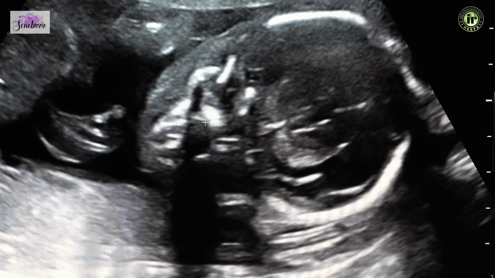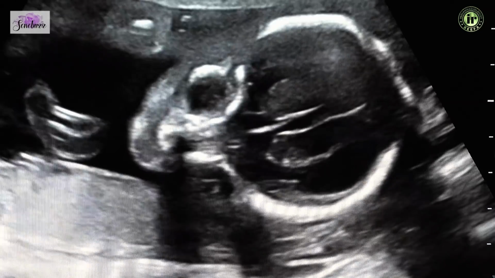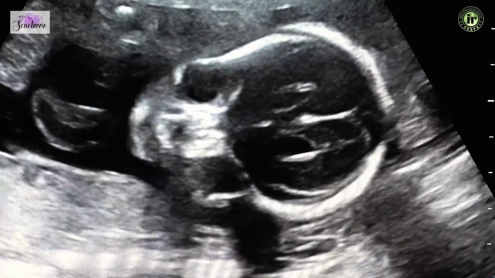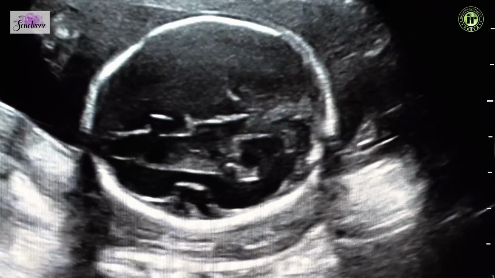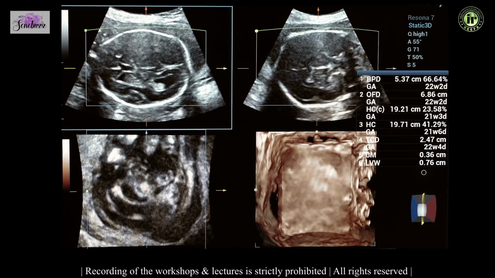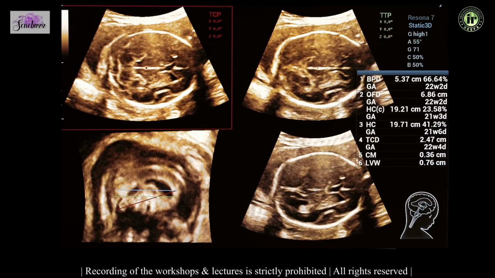So a sagittal section may not always be possible, but at least a coronal section you always get, and this is a coronal section where the CSP is seen very well. Since we are using the Mindray Resona system, if you take a 3D sweep, they have a very nice feature for calculating the CNS measurements. In fact, you just take one sweep in the actual scan, and then the machine automatically calculates all the measurements.